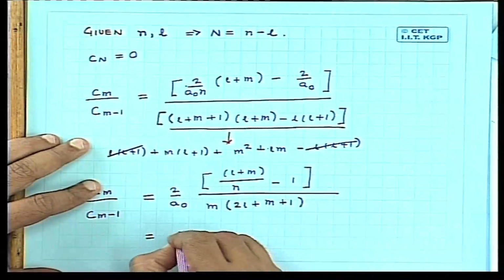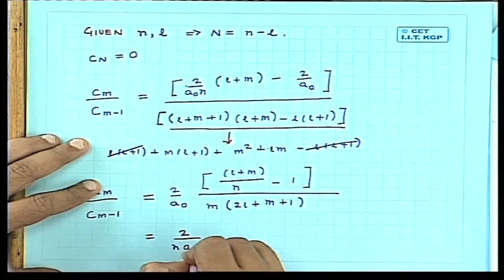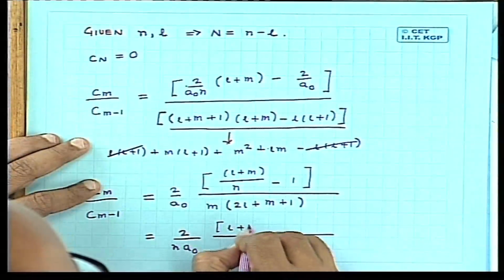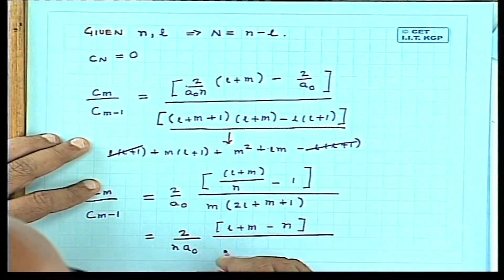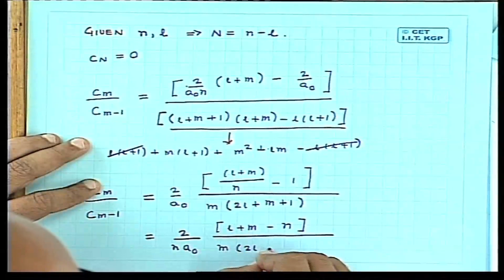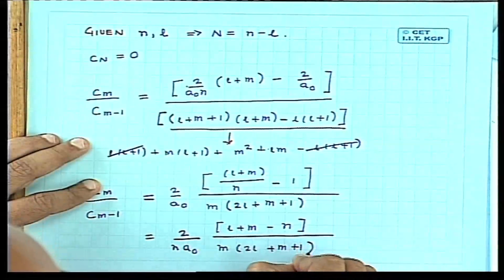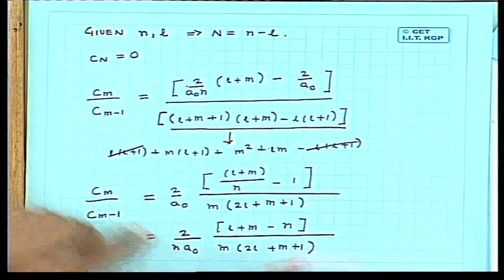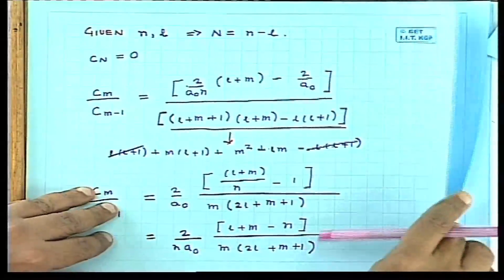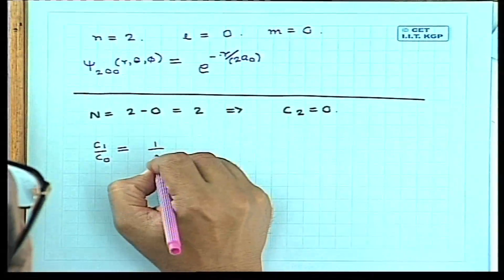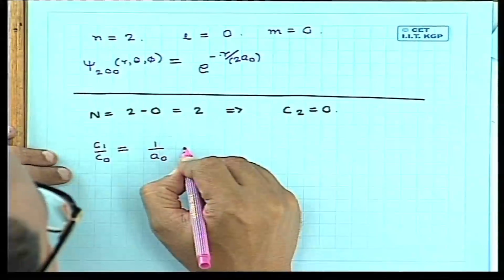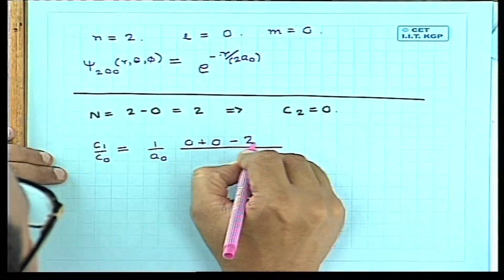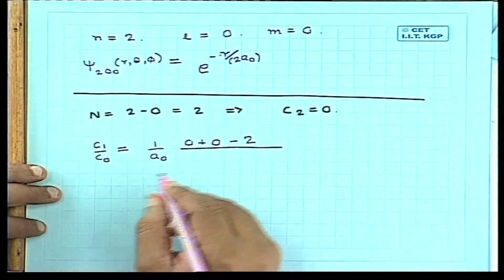This we can also write as 2 by n a naught. In the numerator we will have L plus m minus n, and here we will have m times 2L plus m plus 1. So in this case n is equal to 2, so this 2 cancels out. We have 1 by a naught. Let me put in the values now. So we have 1 by a naught. In the numerator we have 0 plus 0 minus 2, and in the denominator we have